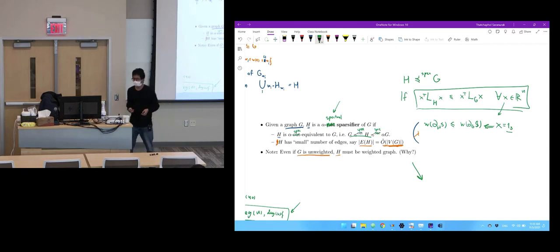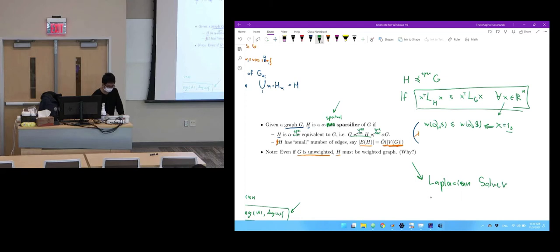So when you want to compute a Laplacian solver, or in the fast interior point method, many times when you want to use a continuous method for a graph problem,